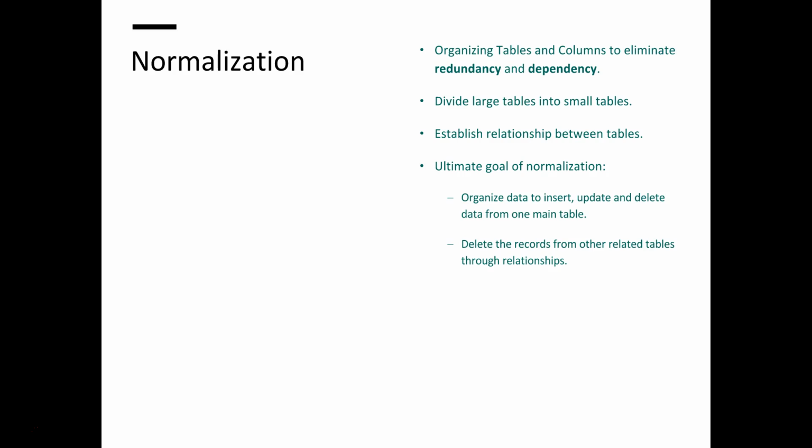The main thing that happens is you divide a large table into small tables. When I say large tables, it's just a table with too many columns. You split them into multiple small tables, and you establish a relationship between the tables. That way you eliminate redundancy. So for example,